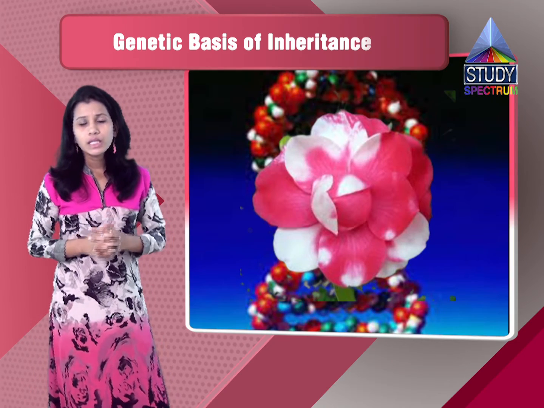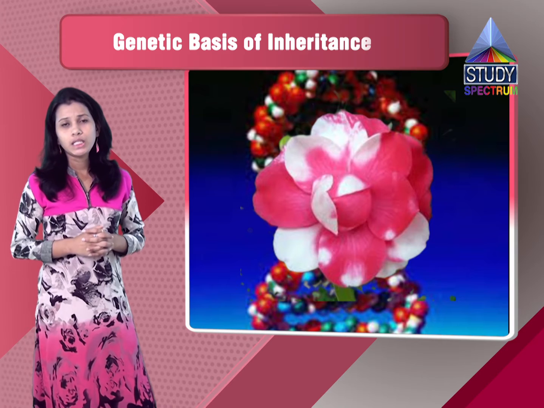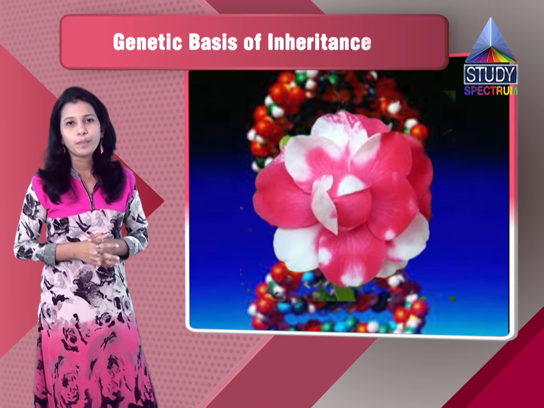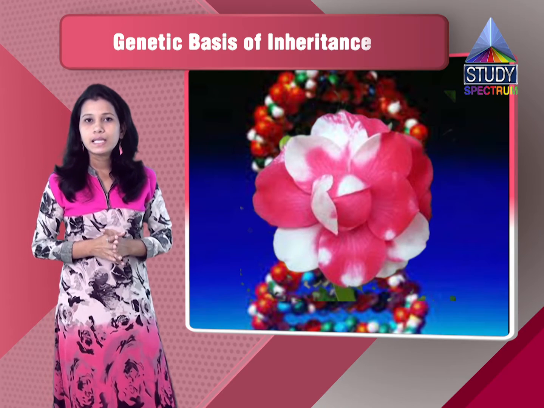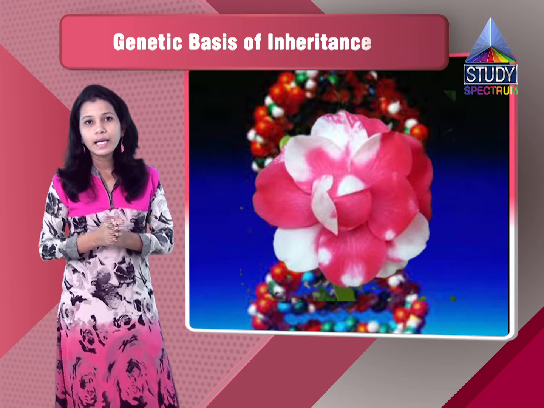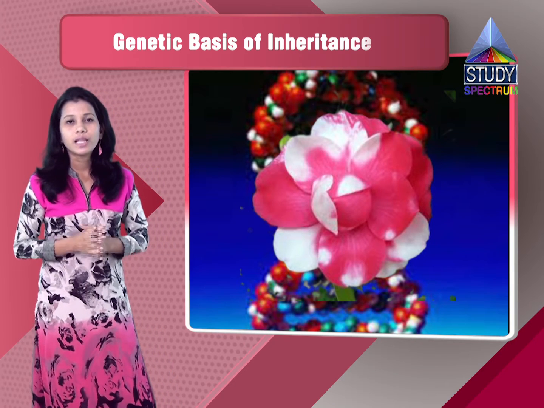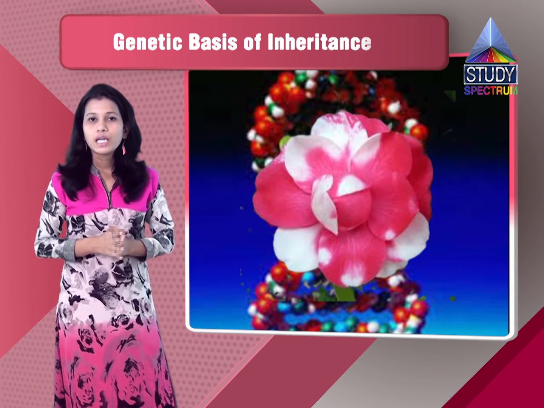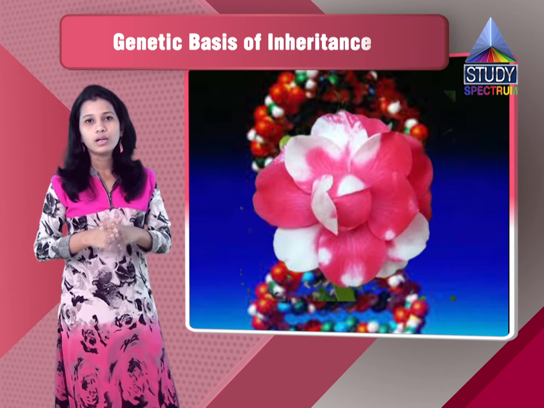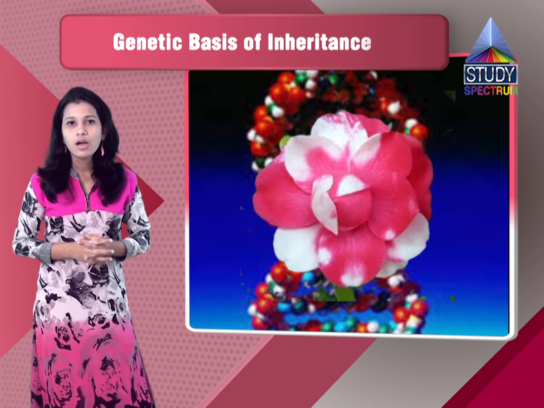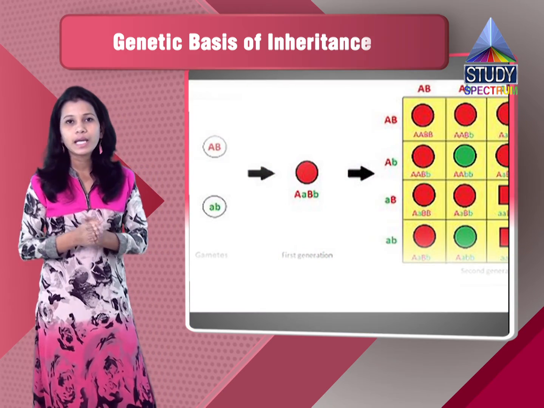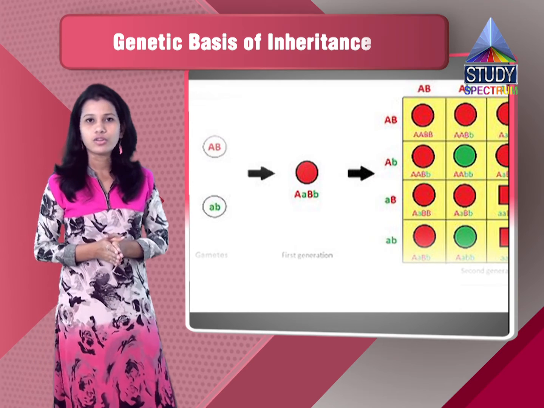And then the second law that he has made out of this was the law of independent assortment. It says that the genes which are there, they segregate out separately in the next generation, and they do not mix with each other. He has also shown the law of segregation of gametes, that is also almost similar, which shows that the genes segregate out separately in the next generation.